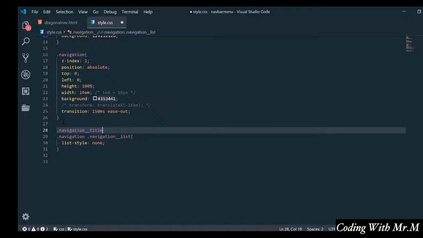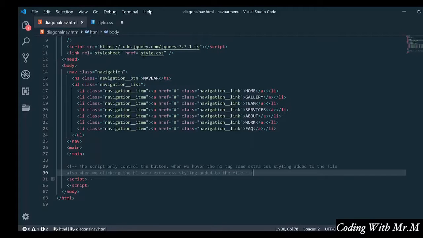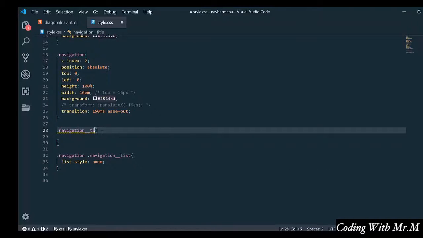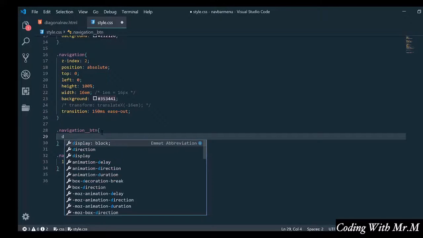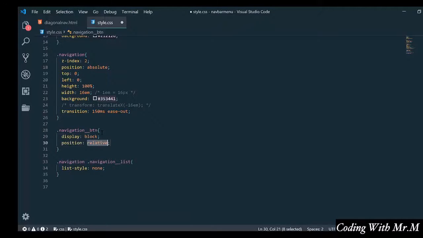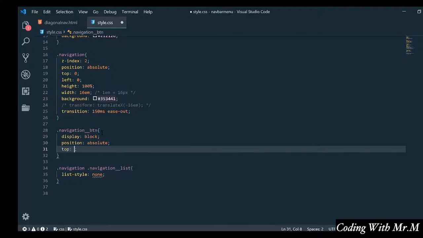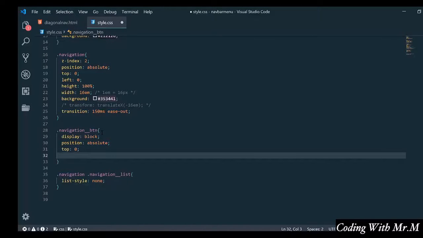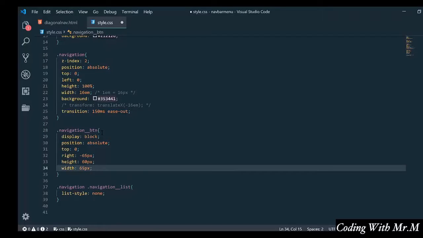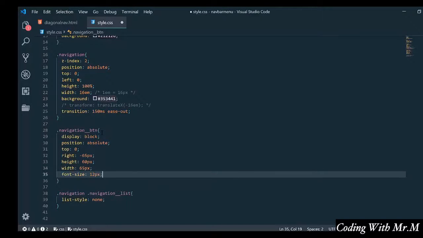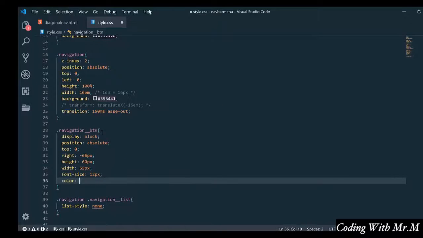I'm going to stop for a moment, and we're going to style our navigation title. That's the little button that when we click it opens the menu. It's called button, right? So what we're going to do is be in our block display and our absolute position. And just top 0, and on the right we're going to give it minus 65 pixels, just pushing it off to the right a little bit. I should say pulling it towards the right. Height 60 pixels and width 60 pixels, just a small cute little box with font size 12 and font color white,